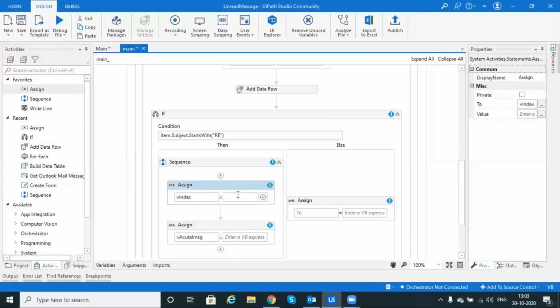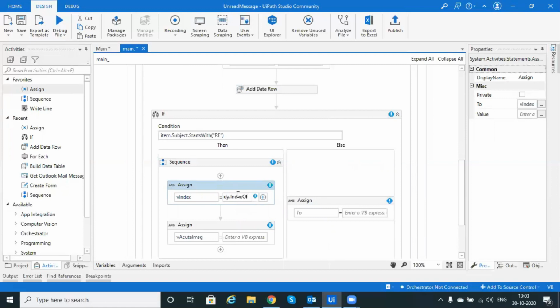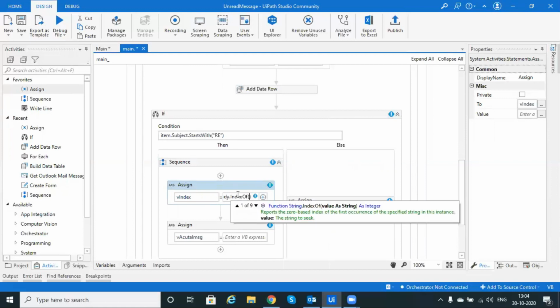So here we will mention item.Body, item.Body.IndexOf from, right?